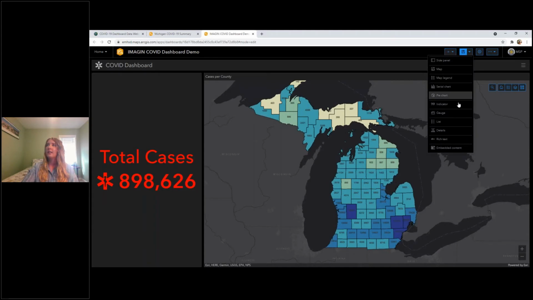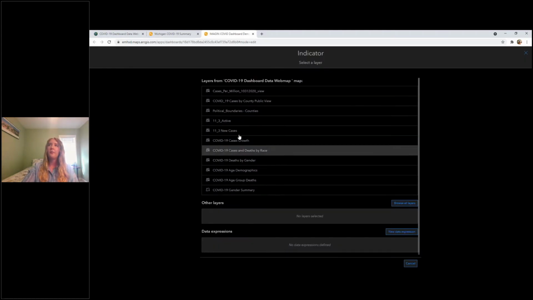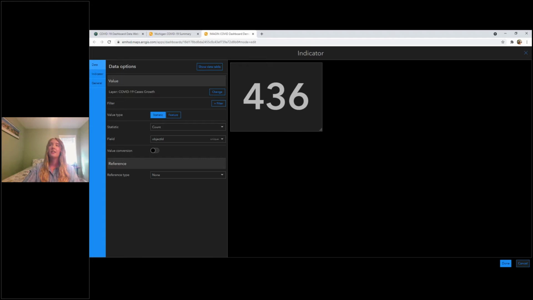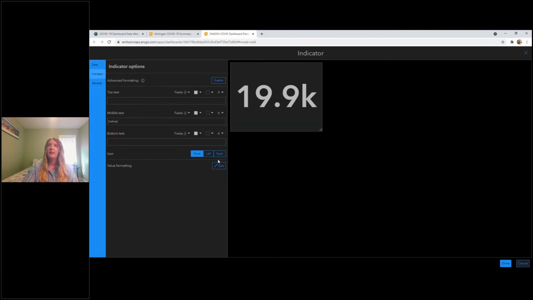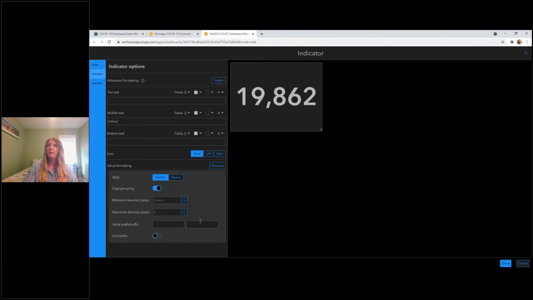So next I'll do an indicator for deaths. It's also on the cases growth layer. In that layer, I have total deaths per day, but then I also have new deaths. So this one's a little bit easier to configure. I'll just do the sum of deaths, and it will show that. Again, I want to turn off the decimal point and actually see the whole number.